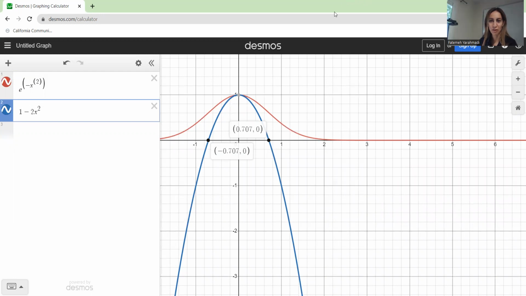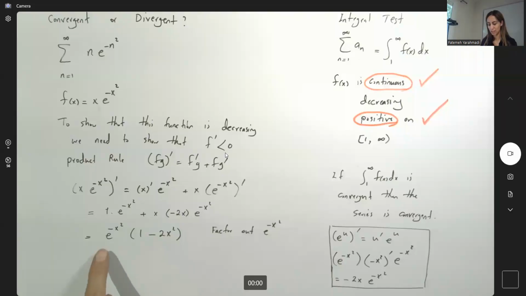So this is the behavior of this derivative, which is basically a function. That's why we graph this. Now take a look. This guy is always positive. But for this function, which is basically a parabola,